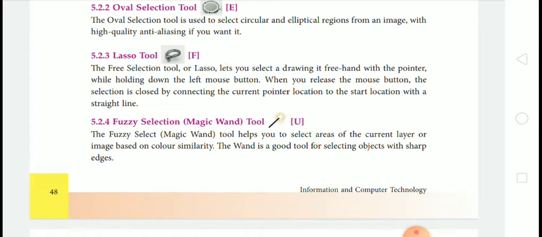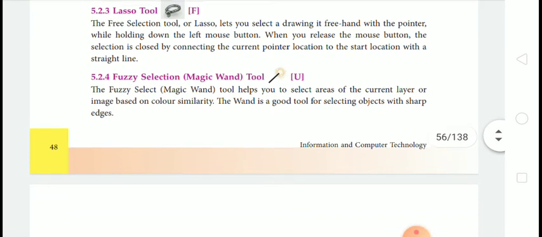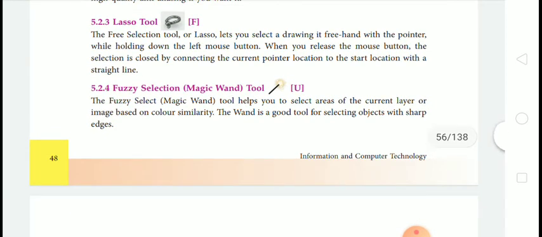The oval selection tool is used to select circular and elliptical regions from an image with high quality anti-aliasing if you want it. So the next one is the lasso tool, and the shortcut key is F. If you press F on the keyboard, the lasso tool will be selected.